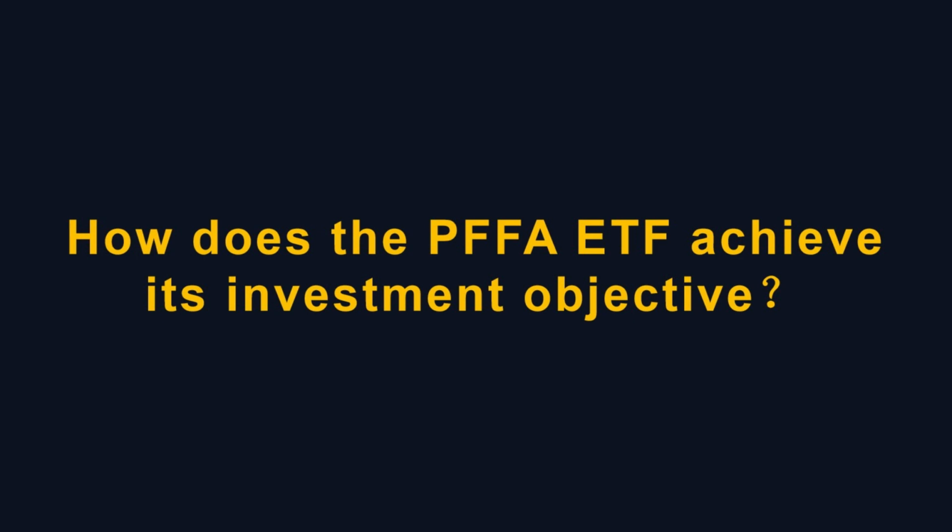The PFFA ETF achieves its dual objective of current income and secondary capital appreciation through a combination of strategic portfolio construction and active management by the fund manager. Here's a deeper dive into how it works. 1. Investment in preferred stocks. The core holding of the PFFA ETF is a basket of U.S. preferred stocks. These are a special class of stock issued by corporations that offer several advantages for achieving the ETF's